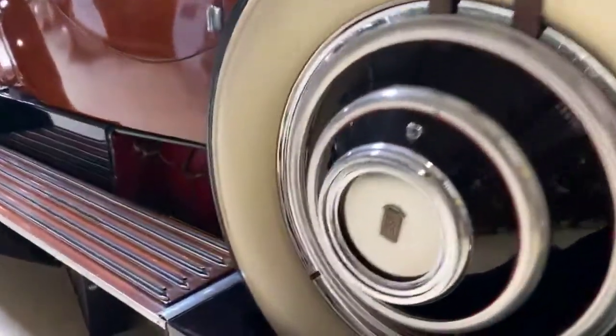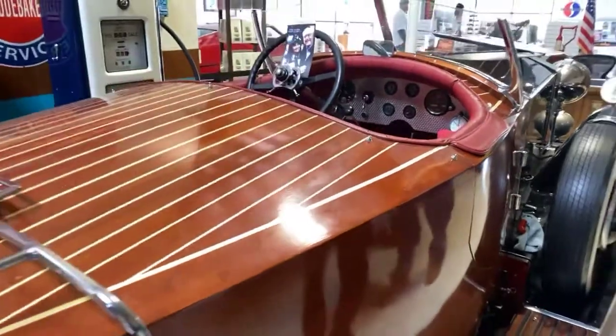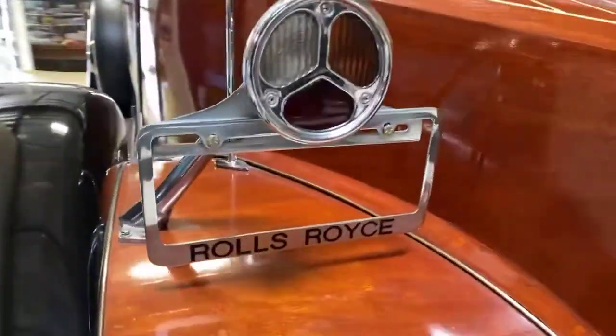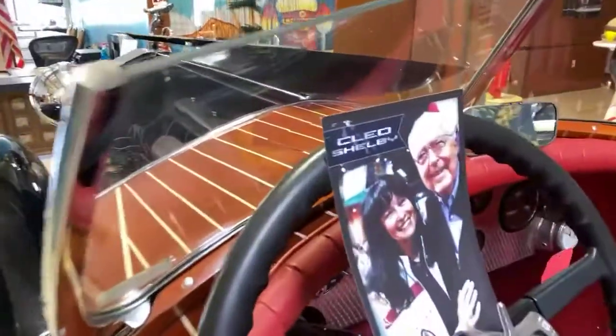Okay. That's amazing, isn't it? Yeah, some of the history in these cars and the people who are involved with them just boggles your mind. A picture of the old man right there. Chloe and Shelby. Sneak up on that one. But yeah, the woodwork and the combination of engineering for all of it is just